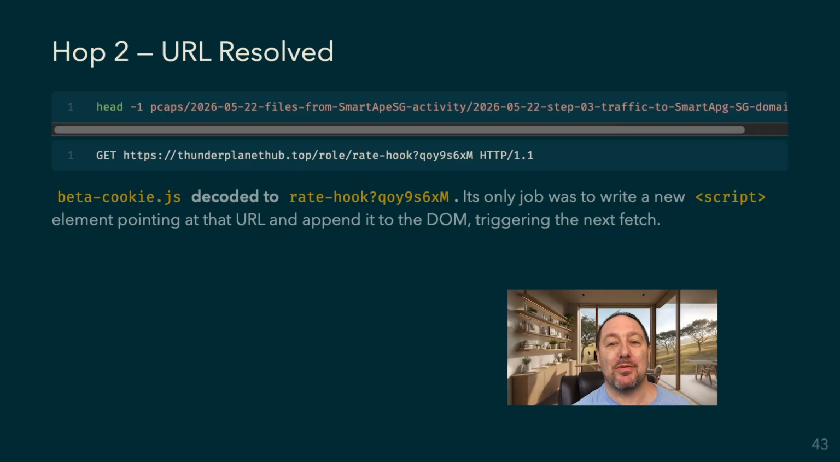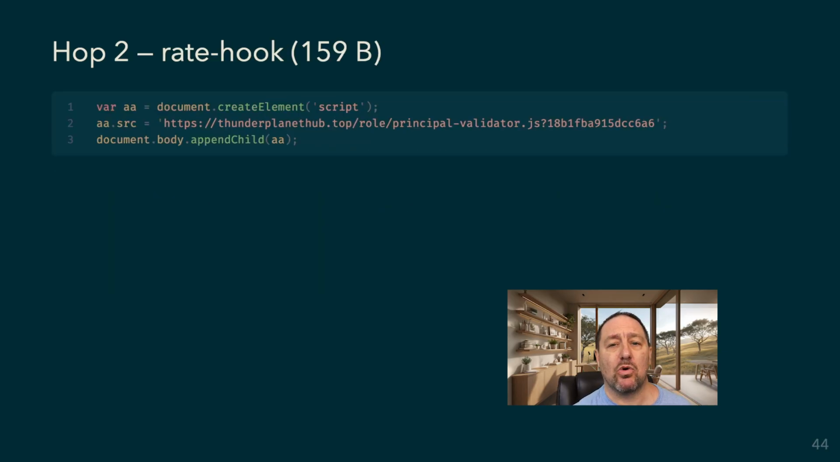So according to the step files, the beta cookie.js decoded to this new URL that ends in rate-hook and then a random looking string of about 8 characters. Its only job is to write a new script element, point it to that URL, append the DOM, and that's it. According to Brad Duncan's step files, once you decode and get this script back, it's only 3 lines of